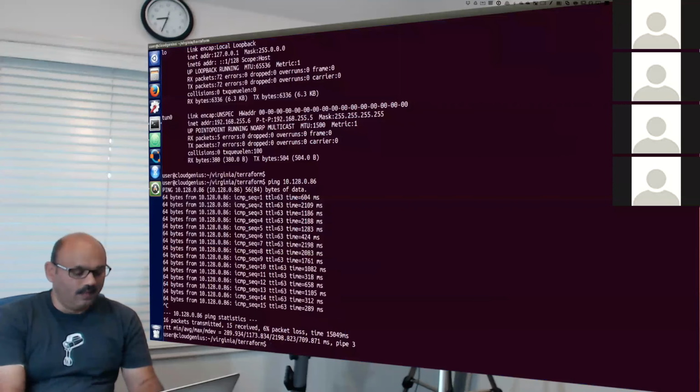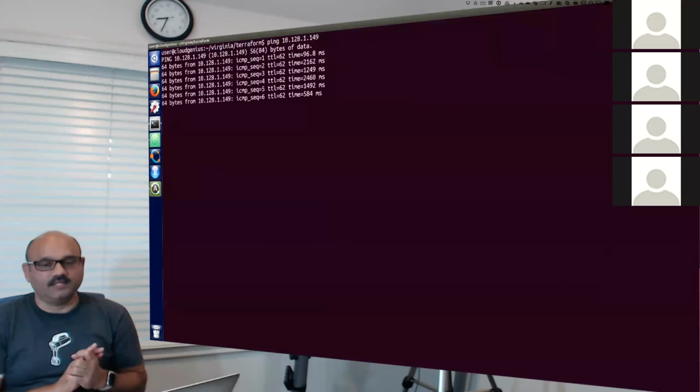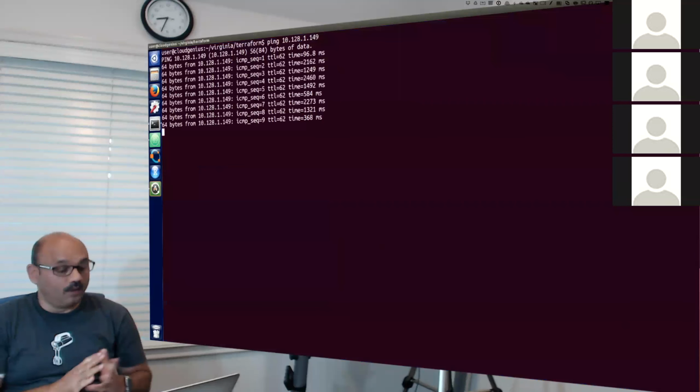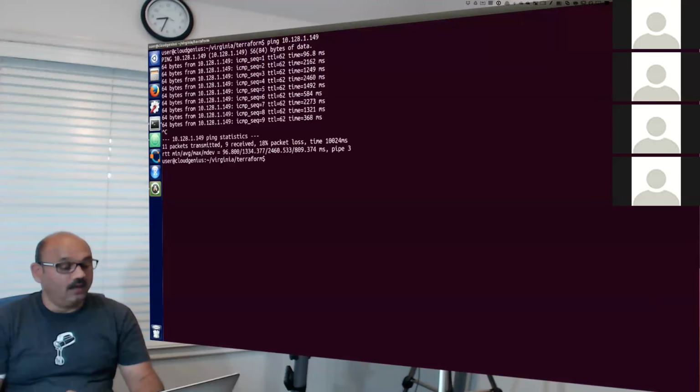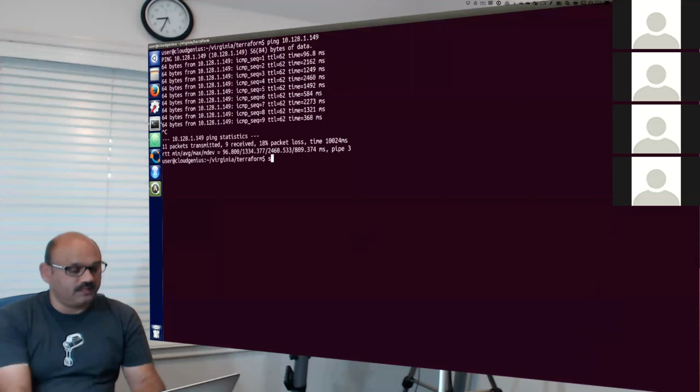And by the way, this time, as you notice, we are not using an SSH tunnel, but we are using a VPN connection. And it is comfortably pinging machines inside the private area. Not only that, you can connect to those machines as well.